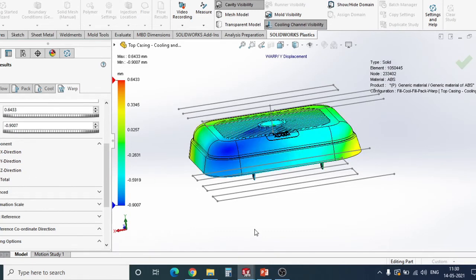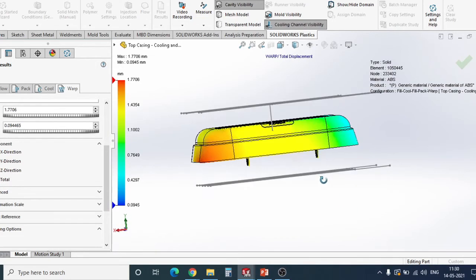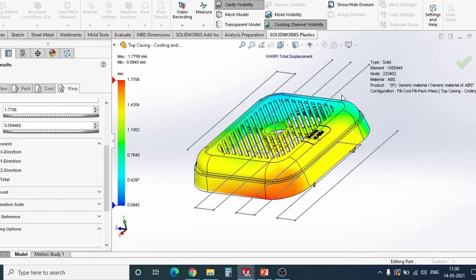So when the plastic parts come out of your core and cavity of your tooling, it tries to shrink. I am not wrong, correct? So at that time, the original dimension of the part changes because of this uneven shrinkage. So this thing also needs to be checked. So this software will let you know what is the warpage coming on your product.